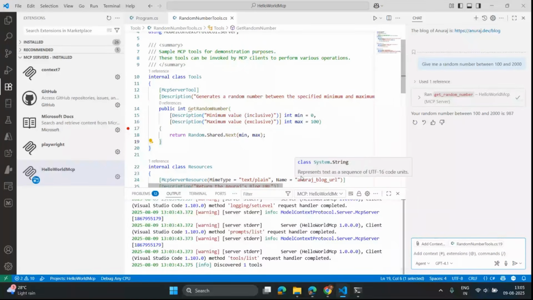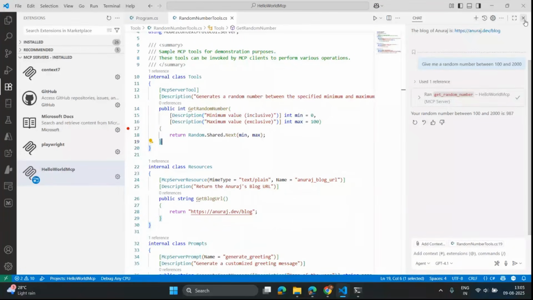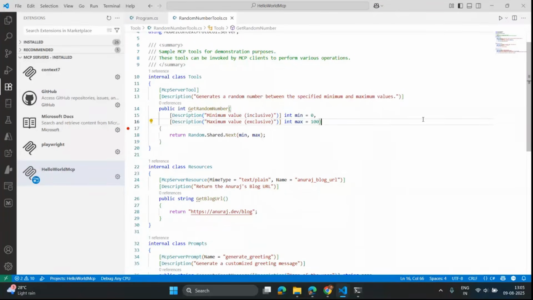Yeah, and this is one way of doing this, and another